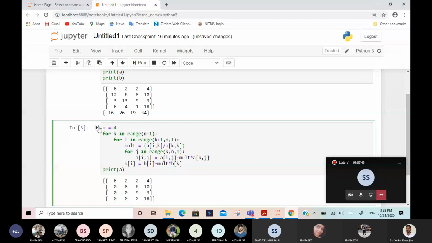Now I will run this. So just check it is correct. What I did, I declared this multiple, mult, here as Aik by Akk, and the same thing I am using here. That factor I am multiplying here, and the same factor I am multiplying here. Is it okay to everyone? Now I will run this. Fine. If it is fine, then tell me, I will run.